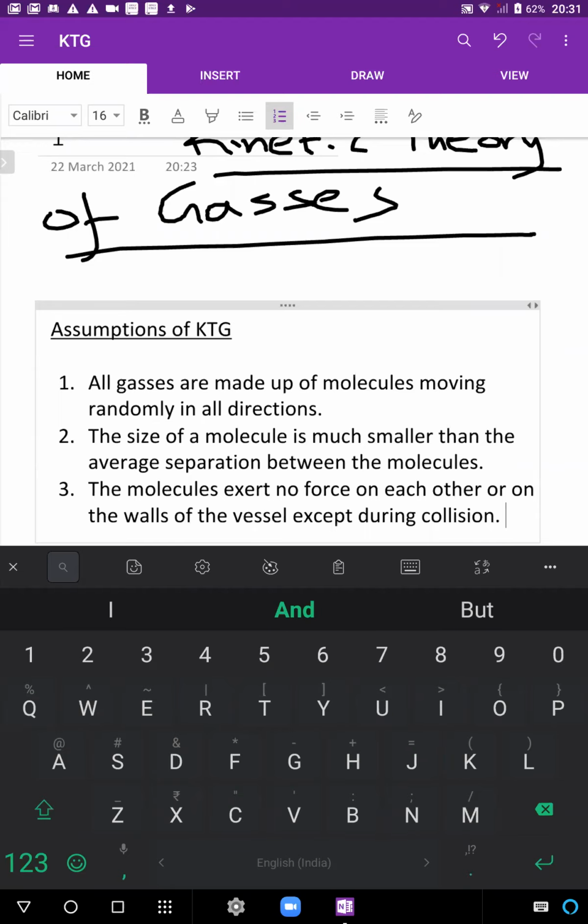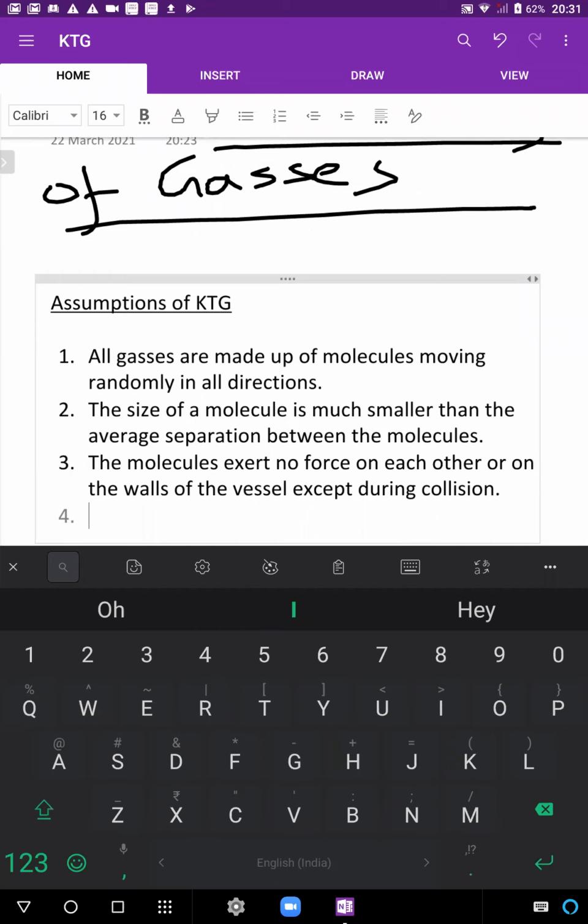This helps us simplify the energy aspect. We don't have to worry about potential energy. Whenever there are attractive forces involved, there is a potential energy aspect. You've seen that with gravity. You'll also see that with charged particles later on when you study electrostatics. But over here, we don't have to worry about potential energy because of intermolecular forces. We are assuming they're weak and negligible, which they in fact are. So energy ke hisab se we'll only think about the kinetic energy of the molecules. That simplifies things for us.